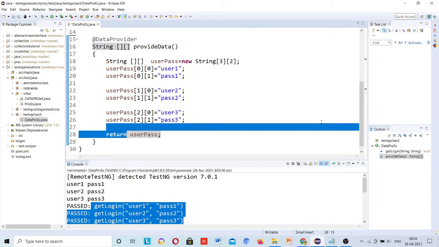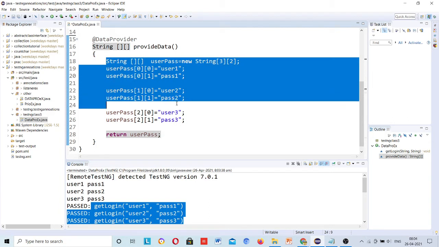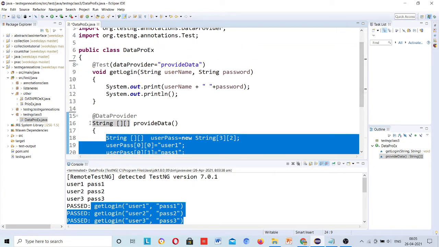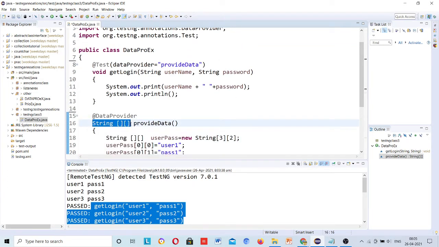When you have values in Excel, first of all you will get the data from Excel. This is as per the requirement. Suppose the requirement is that the username and password are fixed, then you can use this array. Otherwise you will store that data in an array list, and then return it to this method. As of now I am returning in the form of an array.